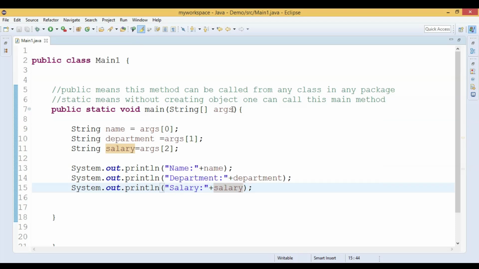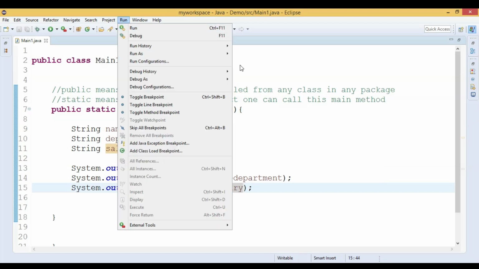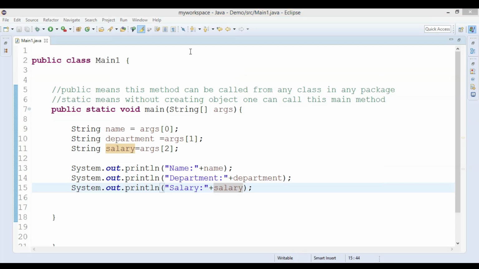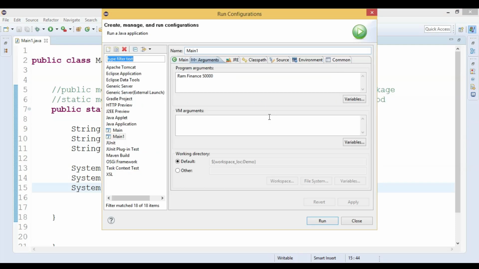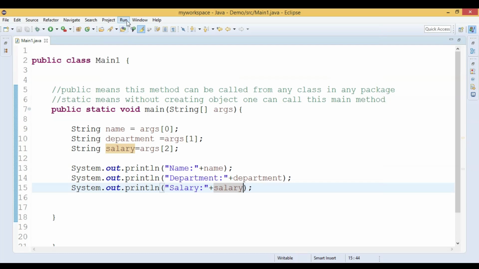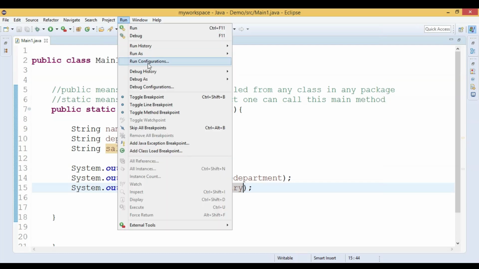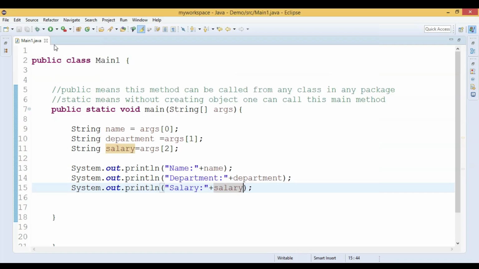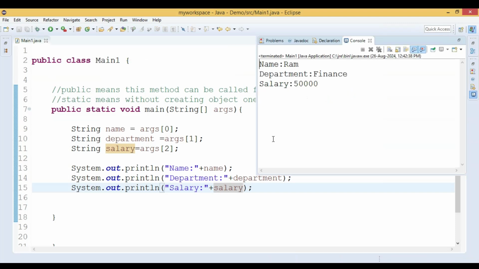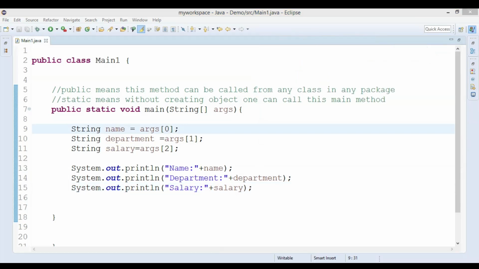We have seen how to pass some input, some arguments, to this main method by going to Run, Run Configuration, and we have entered some values in the argument section. It is called command line arguments. Now let us run this code and see the output. So we got the output: name as ram, department finance, salary as